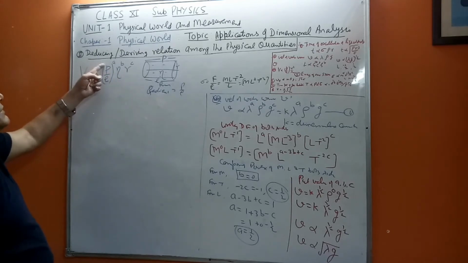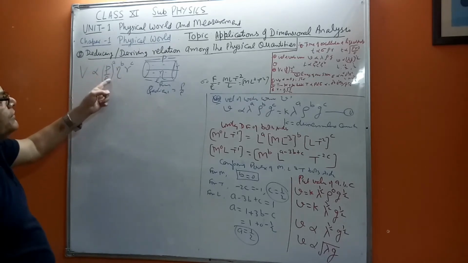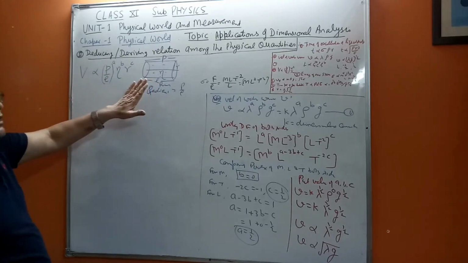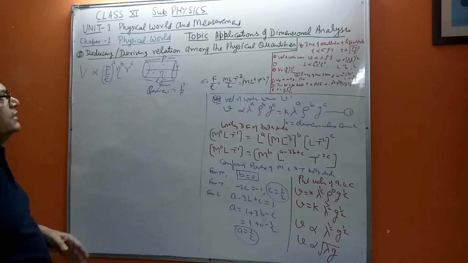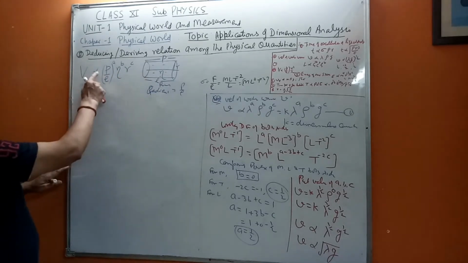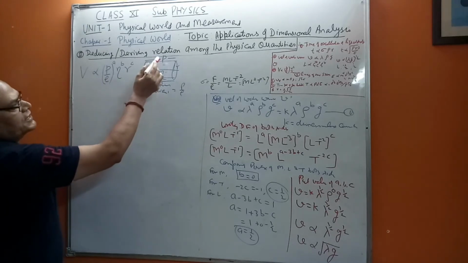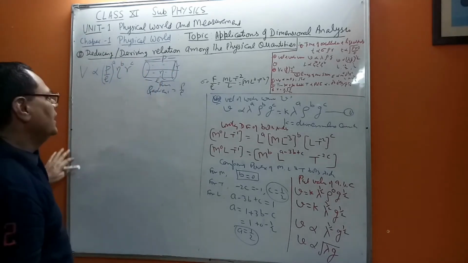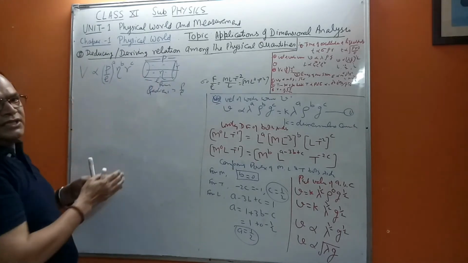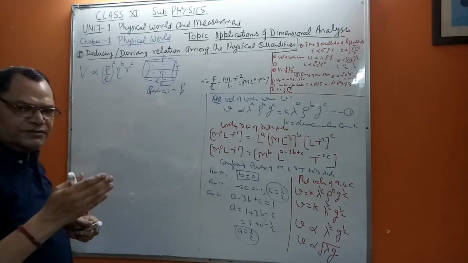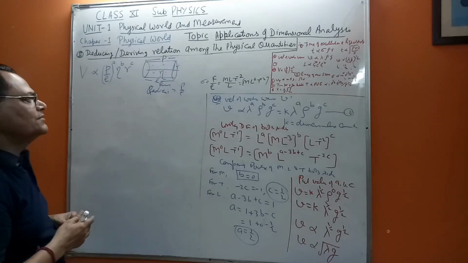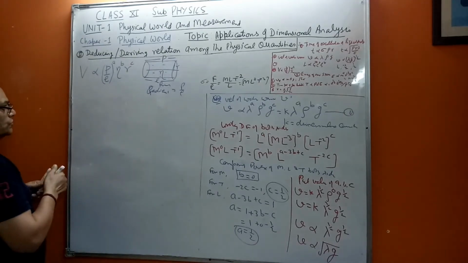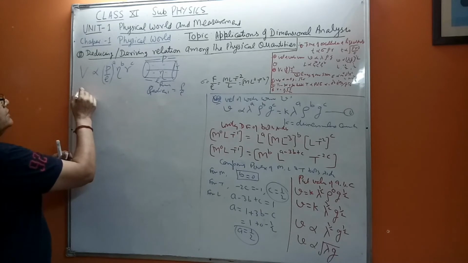You can take eta with power a, R raised to power b, or P by L as c. It's immaterial, so in any order we can take. Earlier I was having four terms, basically pressure, length, eta, R. But as per the limitations, I have converted them into three, because now it will be easy for us to derive a relation. So what we do then, we will equate it.